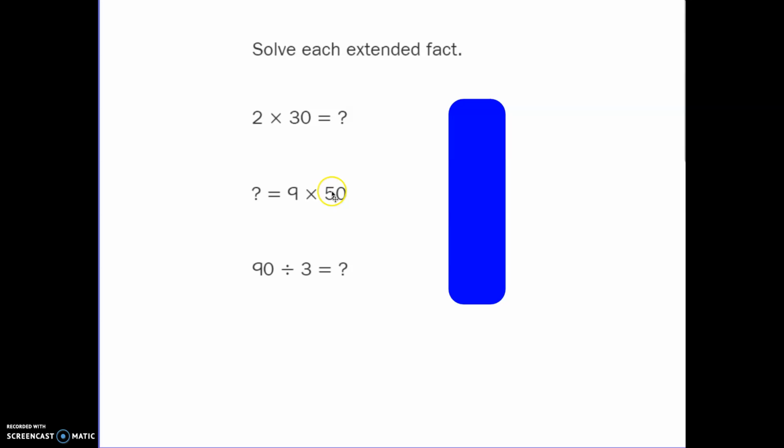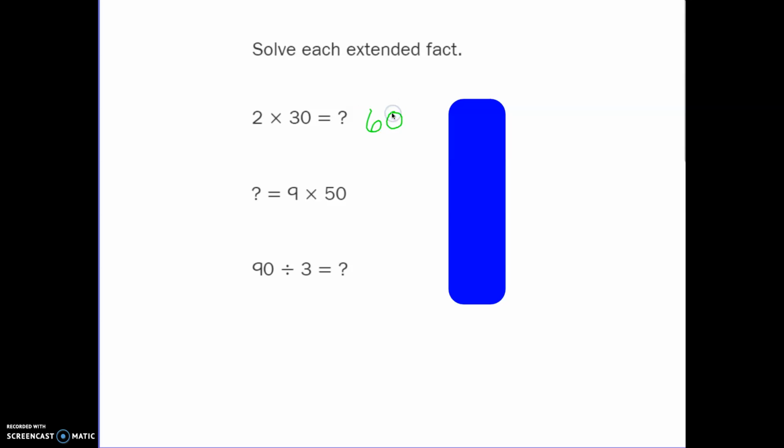What equals 9 times 50? 90 divided by 3 equals what? Pause the video while you work those out on your whiteboard and then come back. All right, first we have 2 times 30. I can think of 2 30s, and I know that 2 30s is